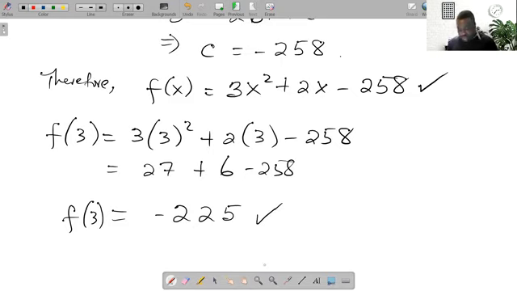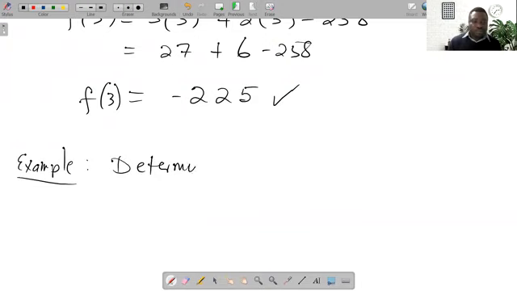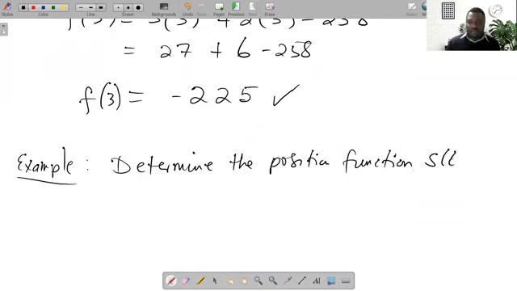Let me do one more problem. So another example. Determine the position function s of t, given that